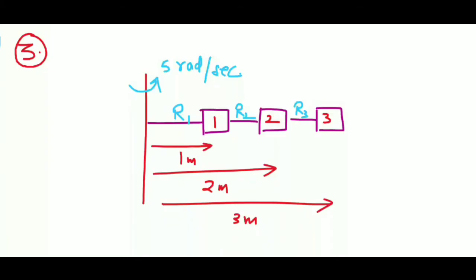Okay, let's come to the third question, guys. So the third question is also a similar question. Over here also we have an erect rod, but in this case we have three blocks, 1 kg, 2 kg and 3 kg at 1 meter, 2 meter and 3 meter from the rod, and the rod is moving with an omega of 5 radians per second. So over here we have three different ropes. So you have to find the tension in all the three ropes. This question also you can first give a try by yourself, and then you can continue the video.